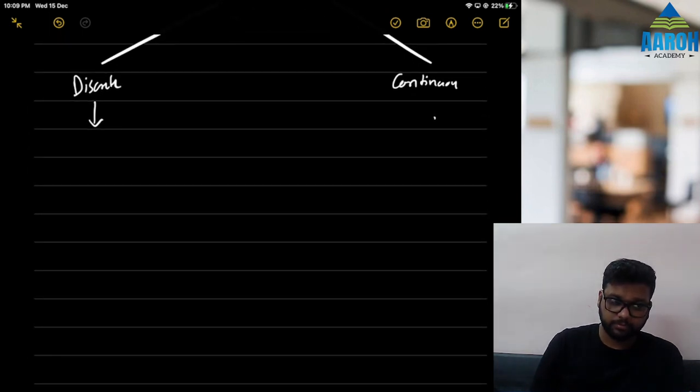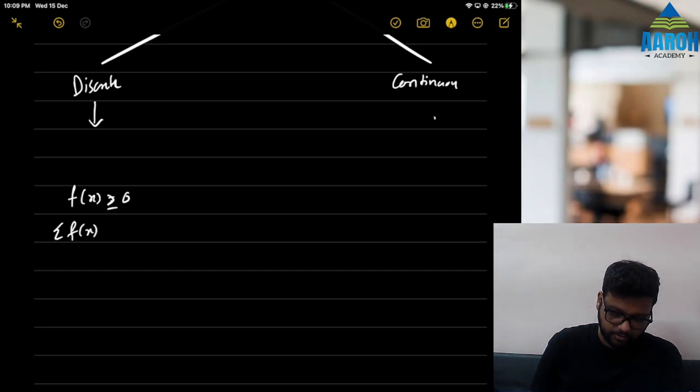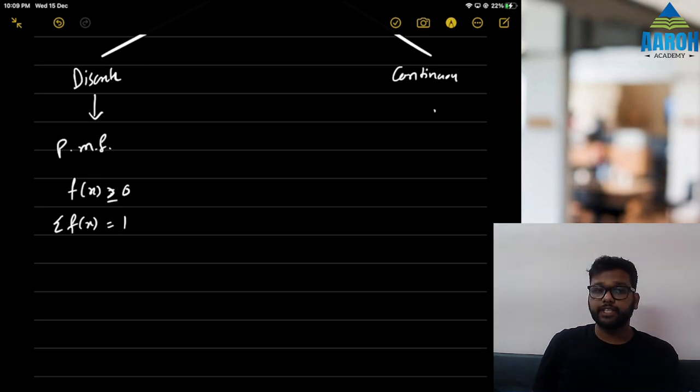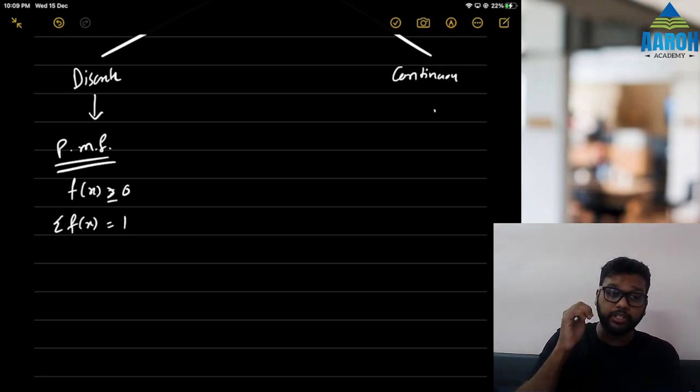If x is more than or equal to 0, correct. And the summation of f of x, the probability, is equal to 1. Correct. Fine. And this function is called the probability mass function in the case of a discrete variable. It should follow these two properties: f of x should be greater than or equal to 0 and summation f of x should